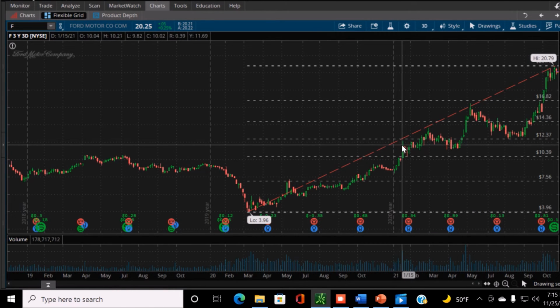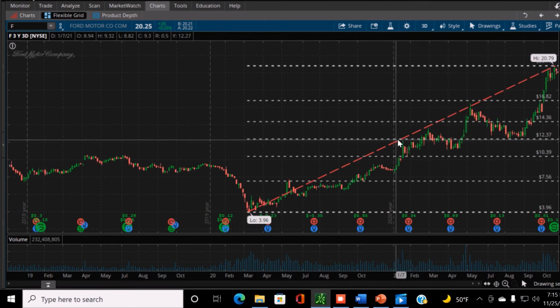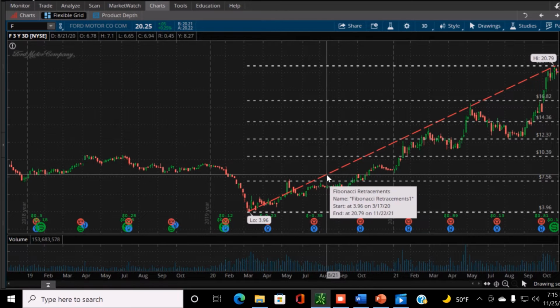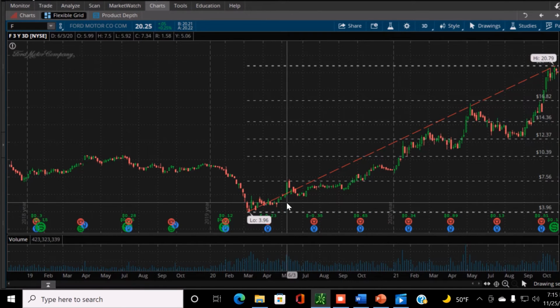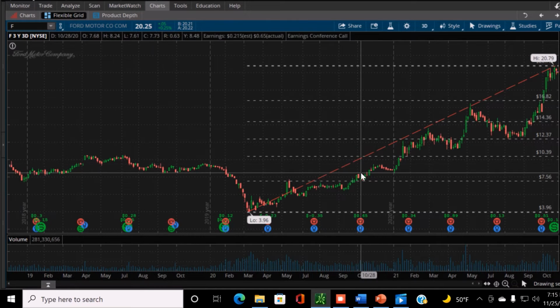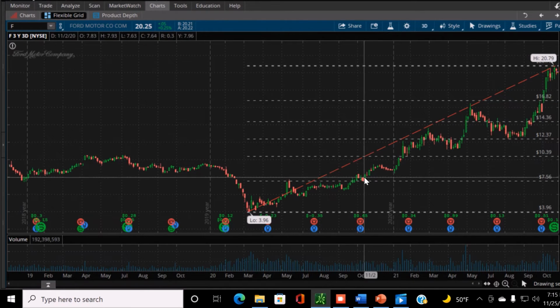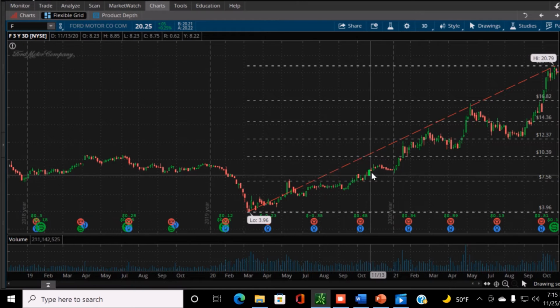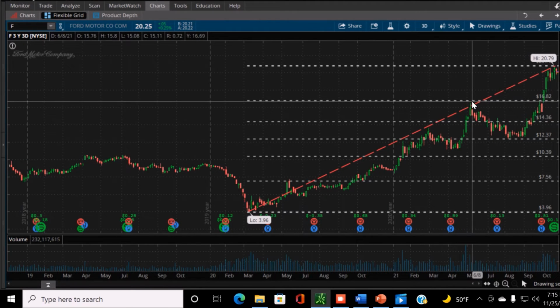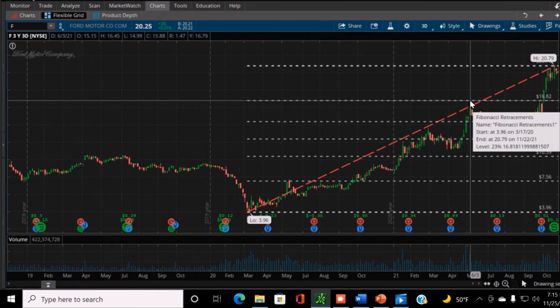Blasted through it again, and then rode that trend, right? This is the trend line that it draws for you too when you draw it, and as you can see, it kind of followed the trend here, and here it's following the same trend. It's obviously off of it, but it seems pretty parallel to me. It's just quite amazing to me that it comes up and almost hits quite perfectly right on my mark.